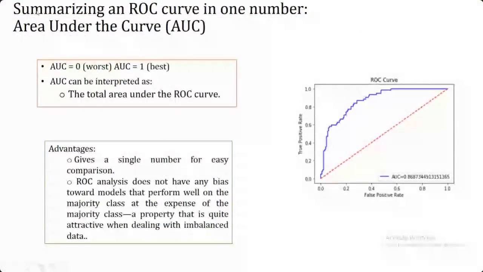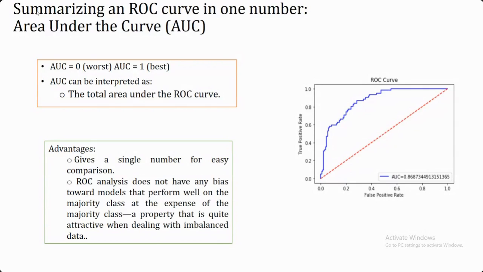The summary of this part is, for your AUC, if the value is close to 0, or even if it is 0, it's the worst case, and if the value is 1, then in that case it's going to be the best one. Okay. And here you are going to get one value. So if you are having this one value, it will be easy for you to perform the comparison between models. If you are having multiple values, in that case it's going to be quite confusing. But if you are having one value, this makes the comparison quite easy.